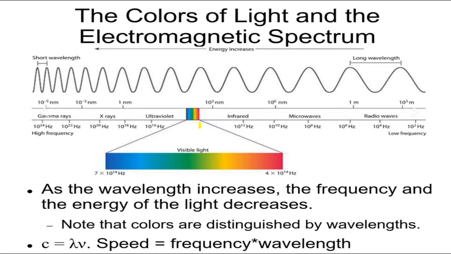So our light is composed of a mixture of all different kinds of colors. We can actually, let's say, block all